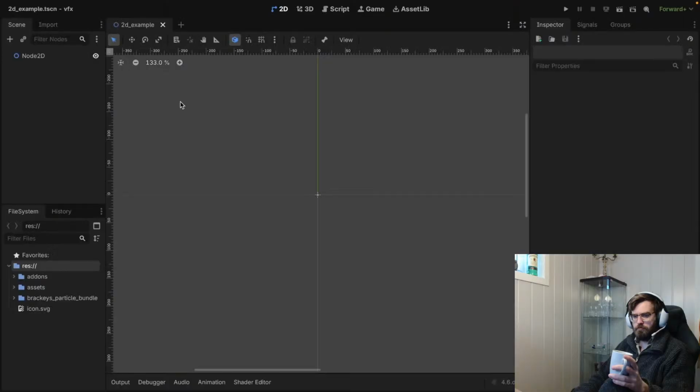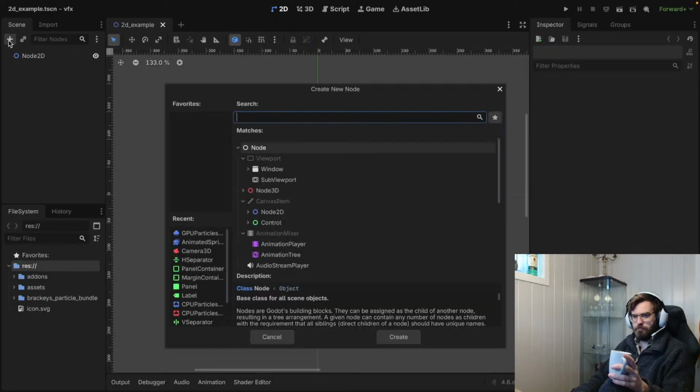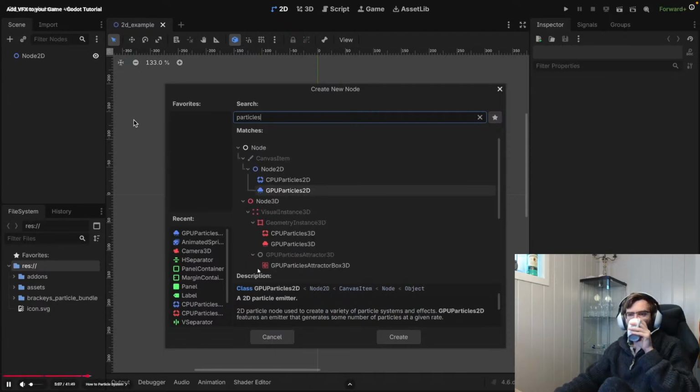I'll show a few things in 2D and then move on to 3D, but when working with particles in Godot, the core concepts between the two are very similar, so I wouldn't worry too much about it. The first step is to create a particle system. So we go add node, and here we